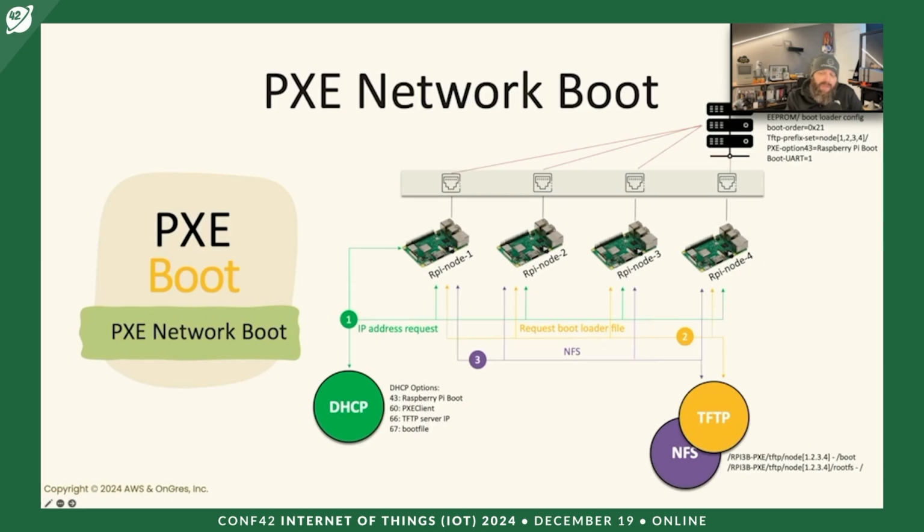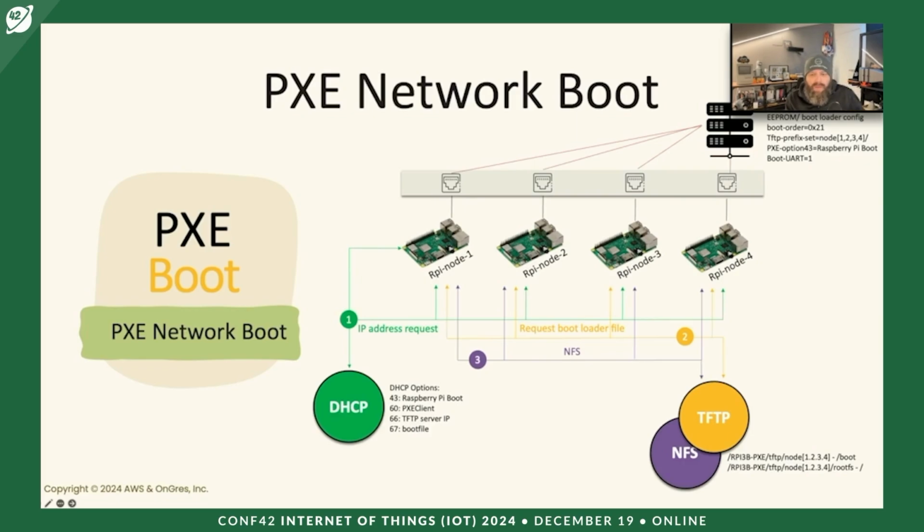The process begins when the Raspberry Pi powers on and requests an IP address from the DHCP server. It's supposed that the DHCP server will handle this with specific options. What we've done is hard-code the IP address to ensure that they are always given the same IP address. Once the Raspberry Pi receives the predefined static IP, which is configured in the dhcp.conf file, the next step involves